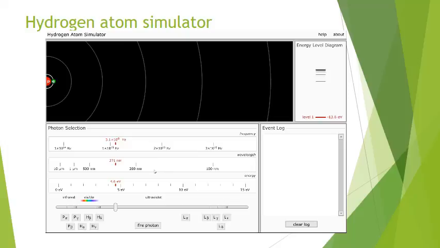And what this simulator allows you to do is to fire photons of different amounts of energy. Right now I'm going to fire a photon. It's going to be a 271 nanometer photon, and it shows the corresponding frequency of that photon and the amount of energy of that photon. So if I fire that particular photon, there it is, and notice it does nothing because it's not the right amount of energy to give to this electron to allow it to jump to higher energy levels. So notice that had absolutely no effect.